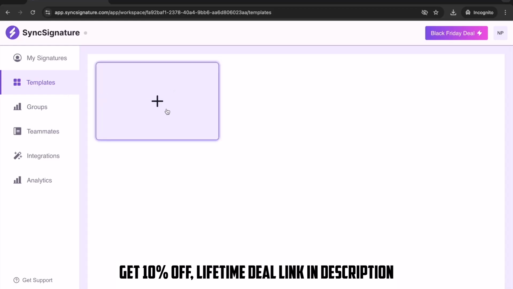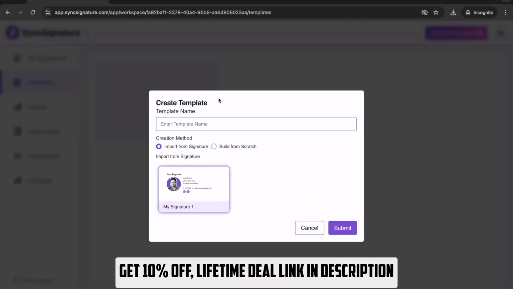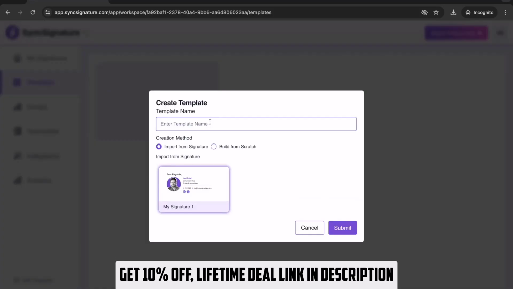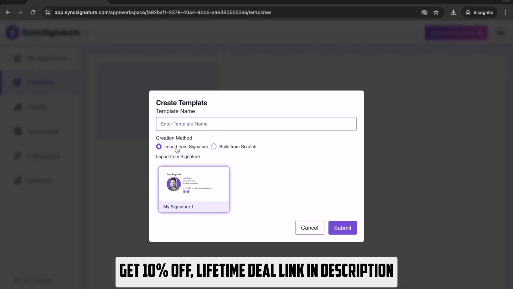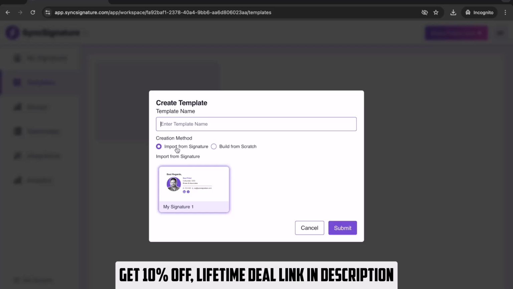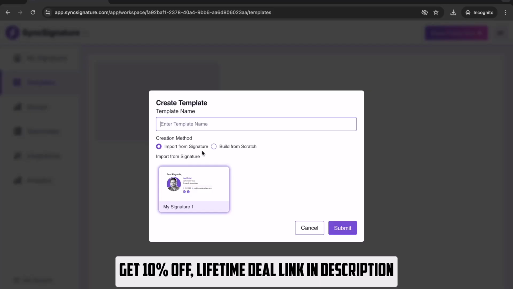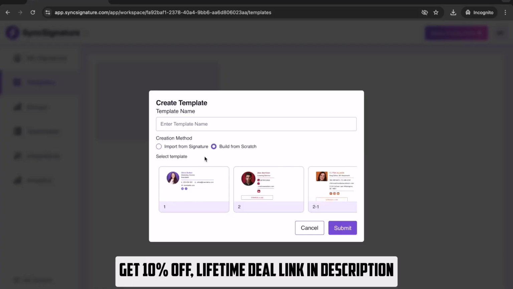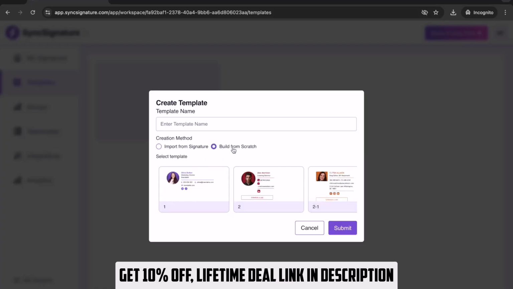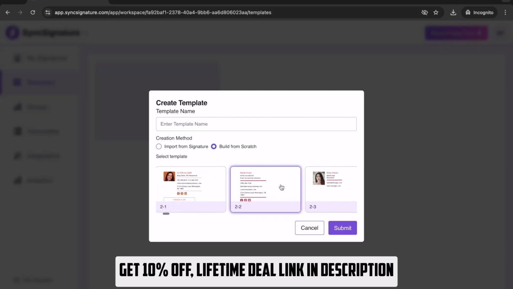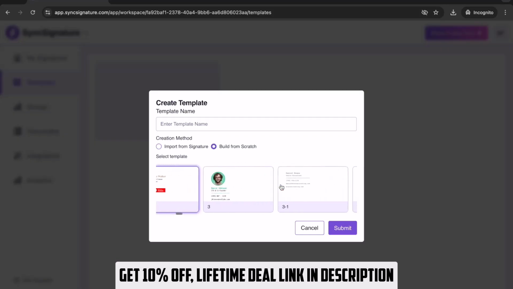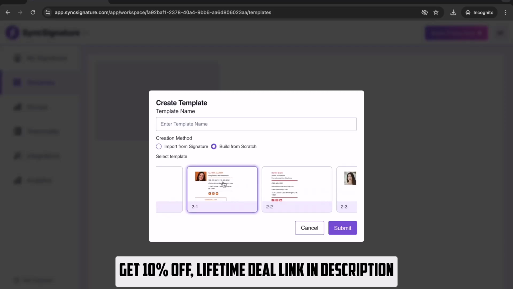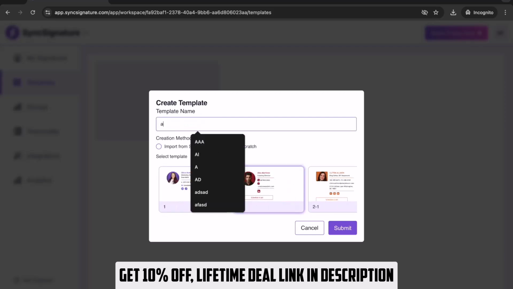So for example, if I go to templates and click on this add button, it will simply give me an option to create a template from existing signature, or you can also choose to create from scratch. So if I click on build from scratch button, it will just give me a variety of templates to choose from, and I can just simply select any one of them, give it a name,